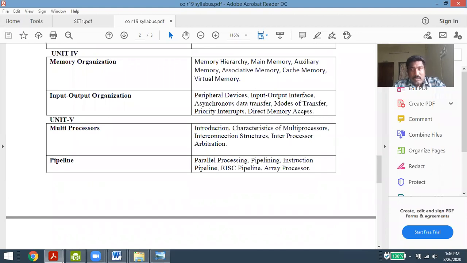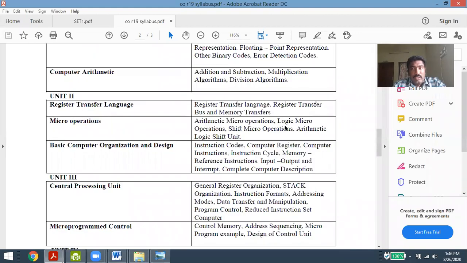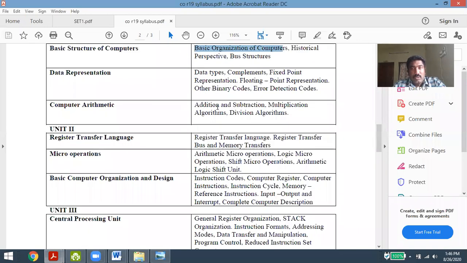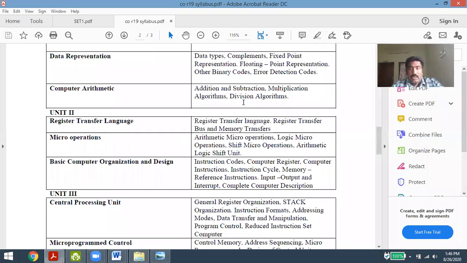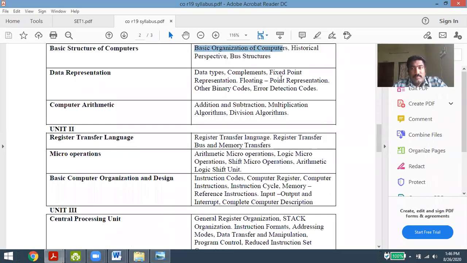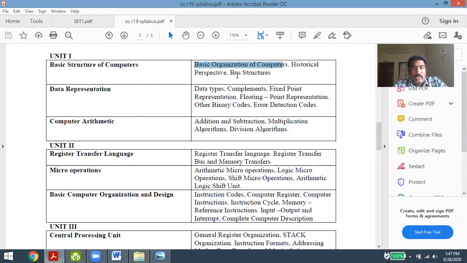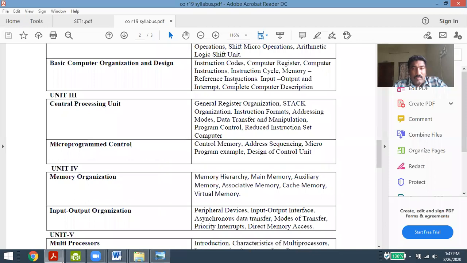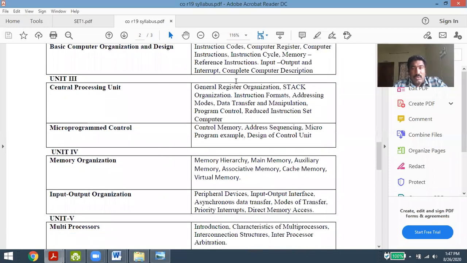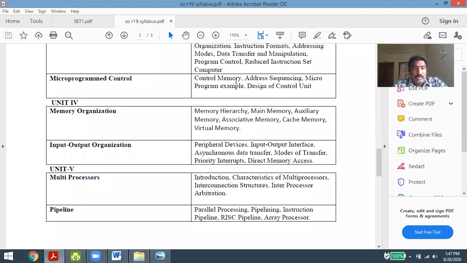Please let us run our sessions in a faster mode, because if we go slowly, we are not able to complete all the topics. We want to cover all the topics, and I will show each topic with a brief example. So please try to concentrate on the topics. As at the starting class, we will spend some more time on unit 1, and later for the coming units we will go in a faster mode, because there is so much syllabus we want to cover in a short period. So please try to understand.